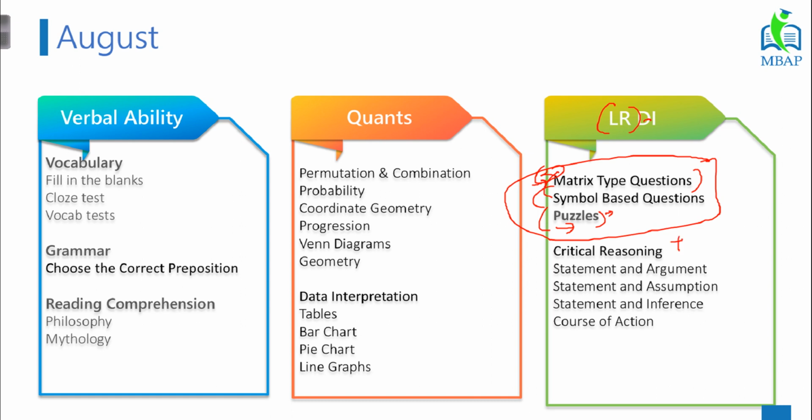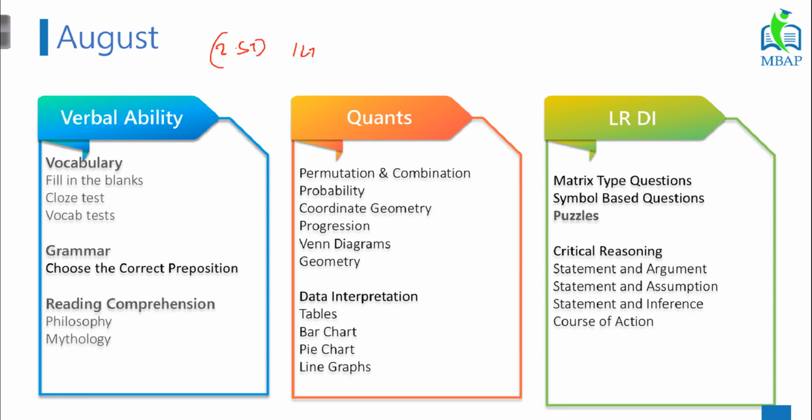And the most important element, which comes for almost 10 to 12 marks in the paper, will be critical reasoning. So questions on arguments, assumption, inference, course of action will be heavily important. You cannot skip it before you go for this examination. So August will be a key important month where we will have to slog to crack this examination. Over here I want you to write 2 sectional tests and 1 full length test. I want you to understand where you stand